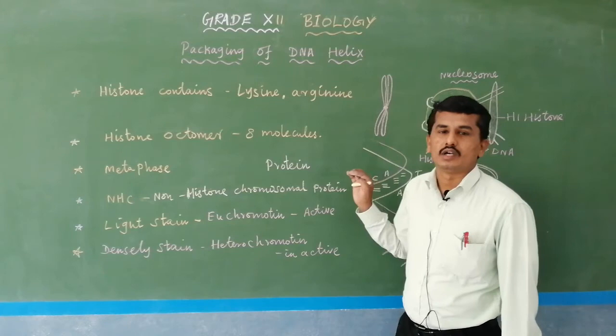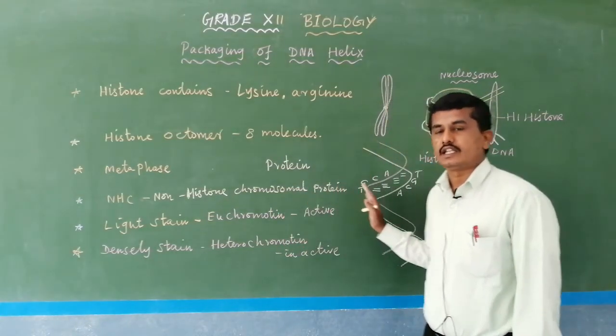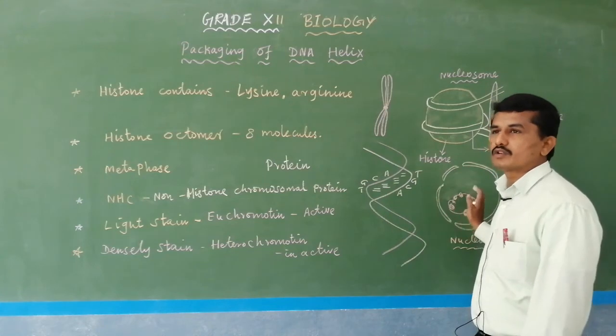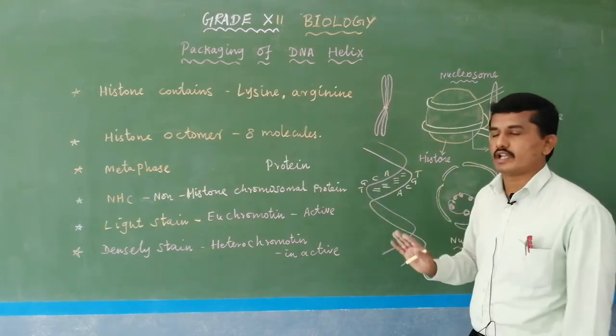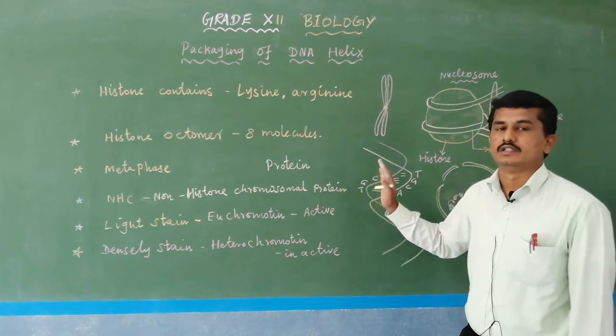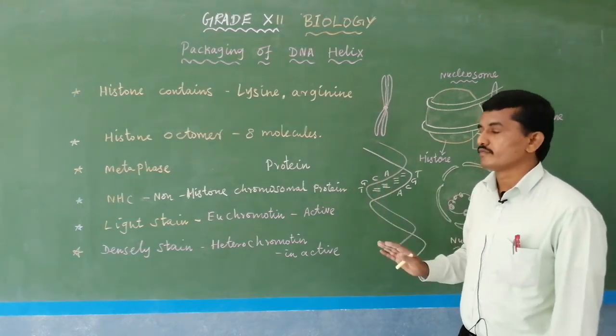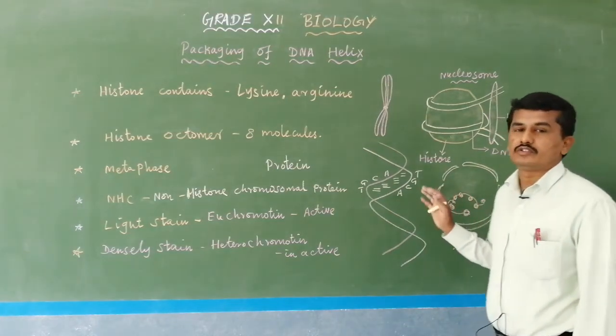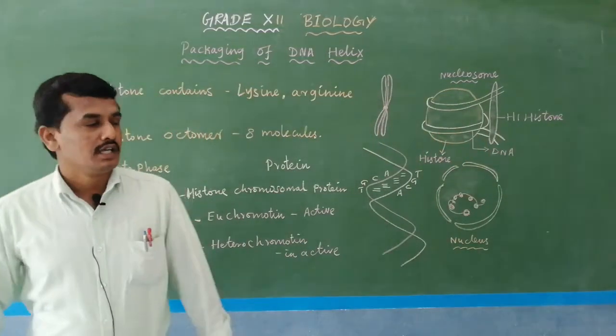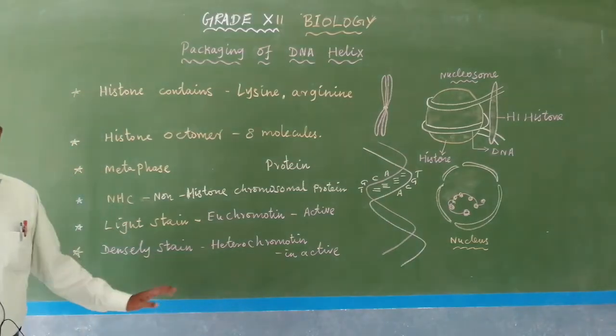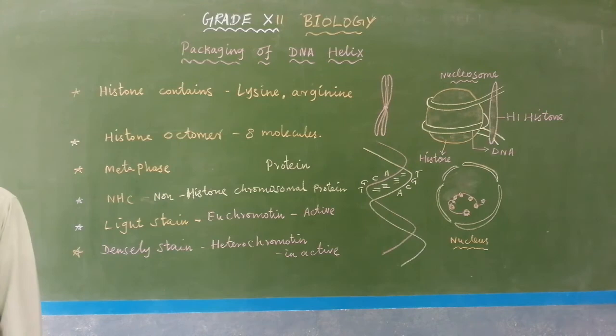Okay. So, we use a stain for coloring the nucleus. Some part of the chromatin reticulum is lightly stained. That part is known as euchromatin. It is important for transcription; it is transcriptionally active chromatin. Some part of the chromatin reticulum is densely stained. That part is nothing but heterochromatin, the inactive part of the chromatin reticulum, which is not useful for the transcription process.